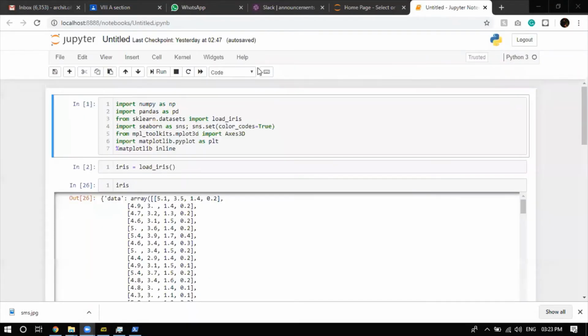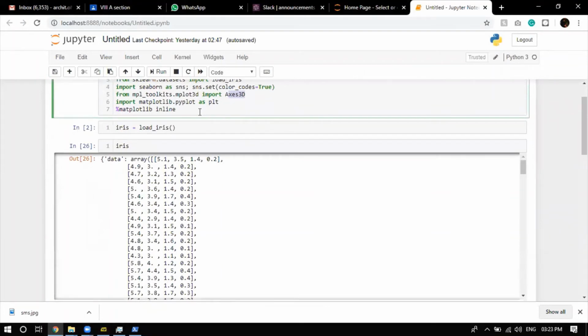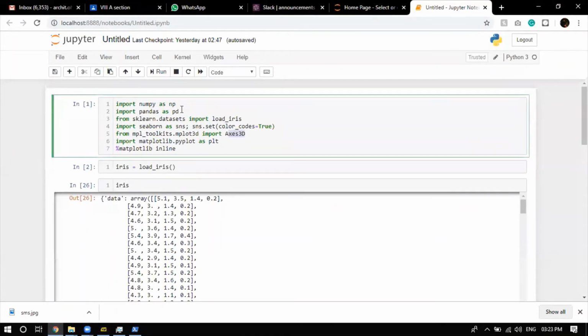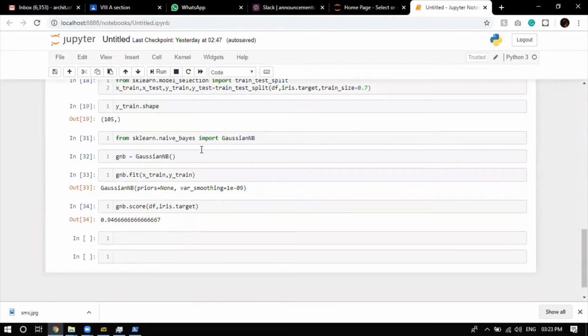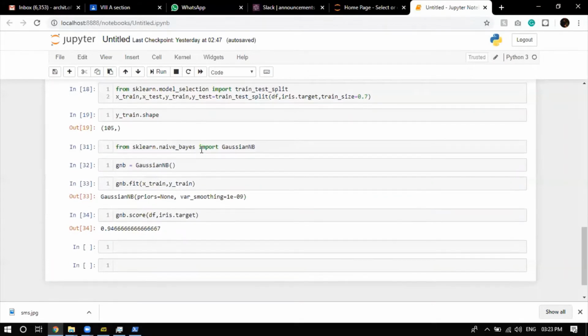So again, we're back to the coding. Now, as I said, NumPy and Pandas are always going to be there. We use Seaborn to show some graphs, but I don't think we're showing any graph. It's just one of my habits to write it here. Importing Axes3D is also removed because I don't want to show you these things right now because they can just go over your head. So we're going to be completely basic because you can see the code for the Bayesian network is really simple. As you can see, it's over right here.